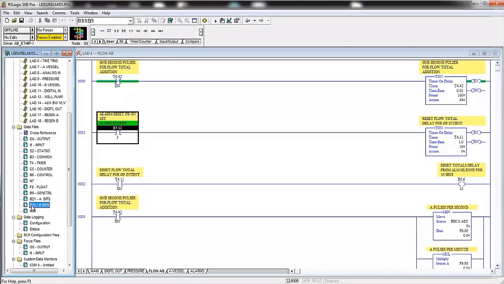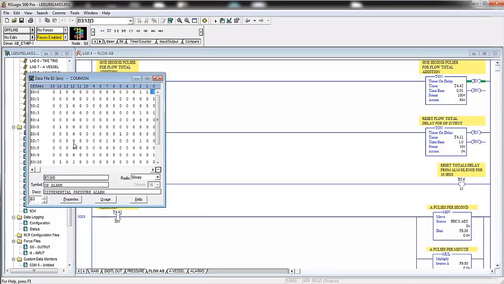So when we see B22 and B21 and B9, those are all bits. And bits are what the program uses to store Boolean information. And when you hear expressions Boolean, discrete, digital, those all mean the same thing, 0 or 1. And when we open one of these up,